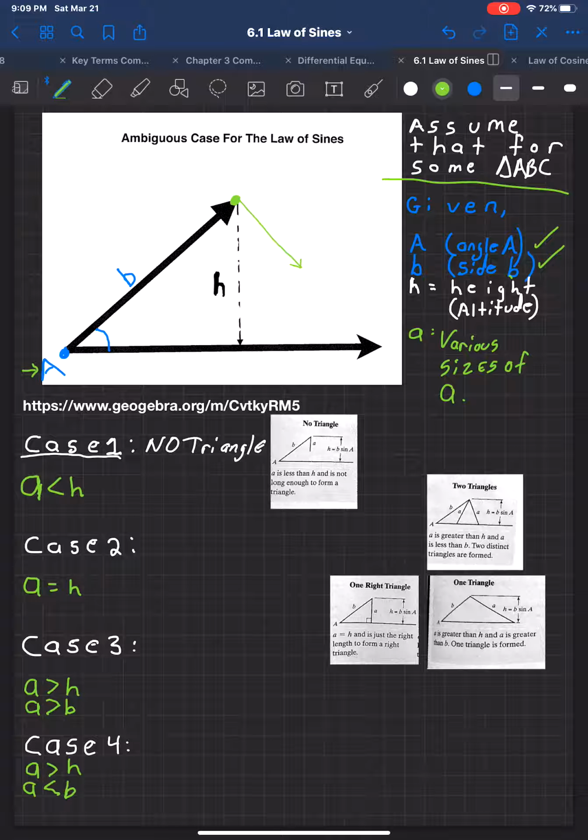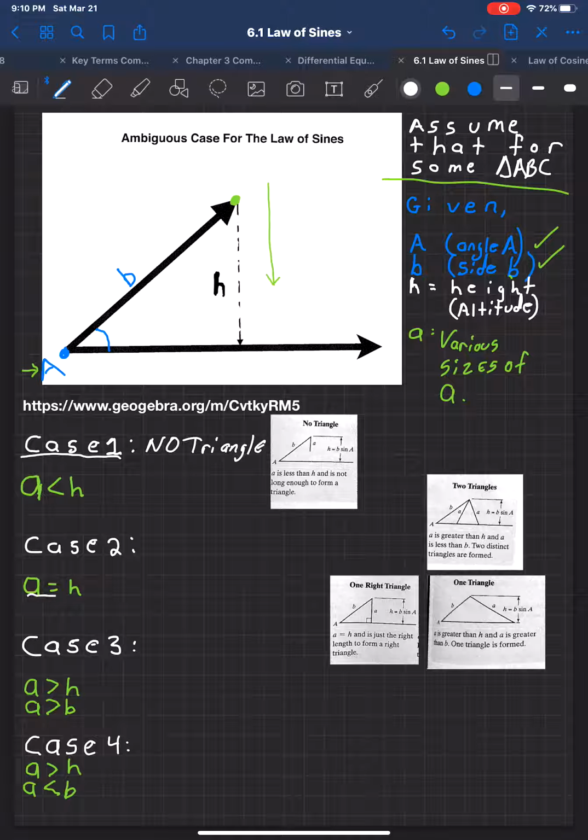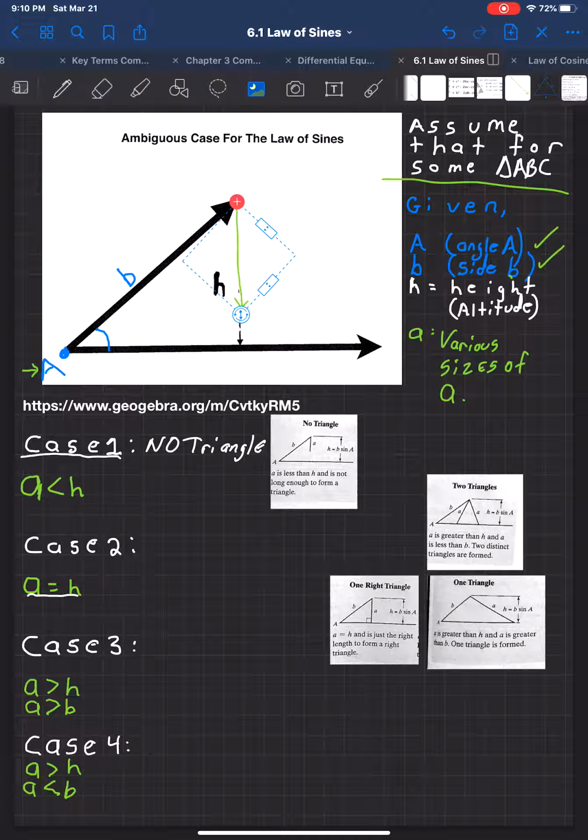All right, so then I'm going to look at case 2, and then I'm going to come back and say, well, wait a minute, how do you even find the length of h? So I'm going to tackle that in just a second. So let's now assume for case 2 that the length of A is actually equal to the height. Right, so let me fix this. So in this case,